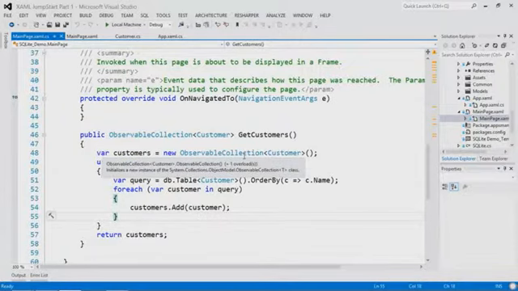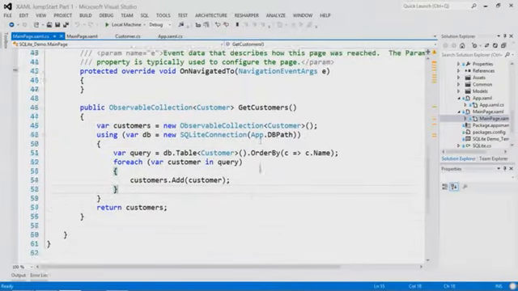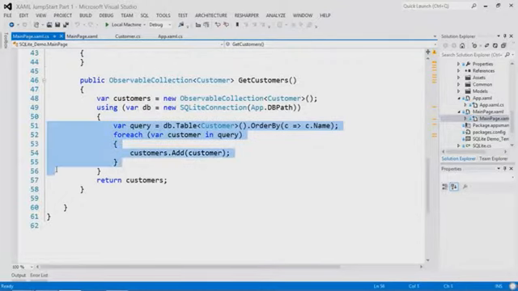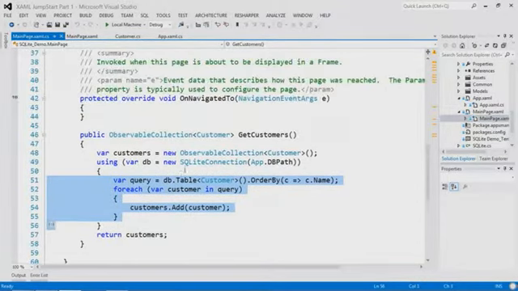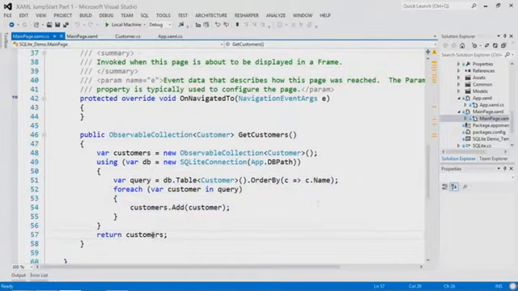collection. Don't you wish ObservableCollection had AddRange? Absolutely. Pretty much every project I do, I write that extension. It's frustrating. I know. It's just a simple little piece of code. Just stick it someplace. Anyway, so we're adding all of the customers to there. We're returning it. And so if I run this application,